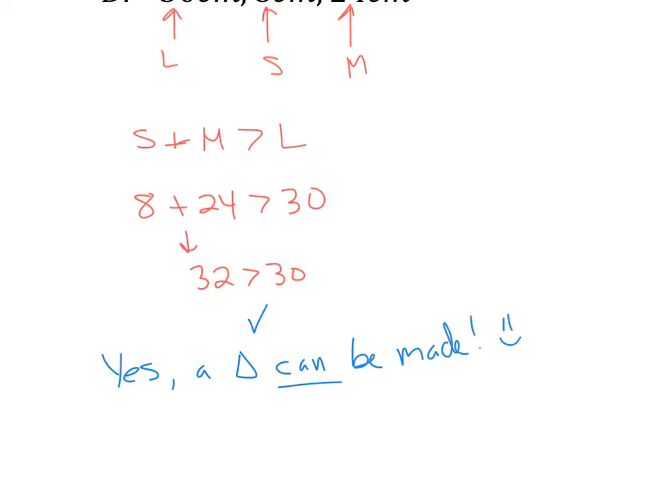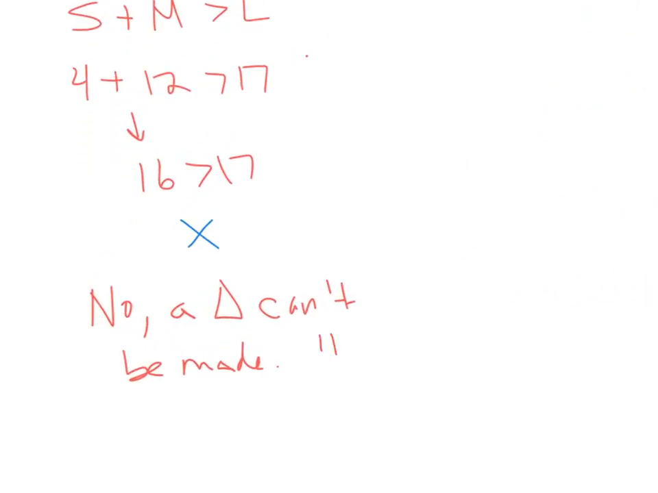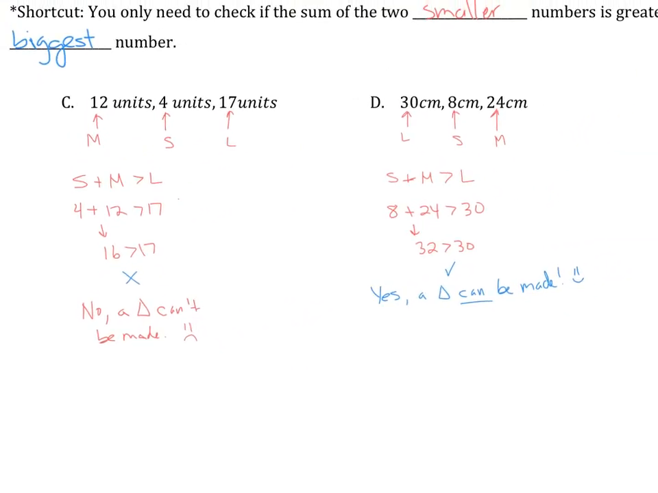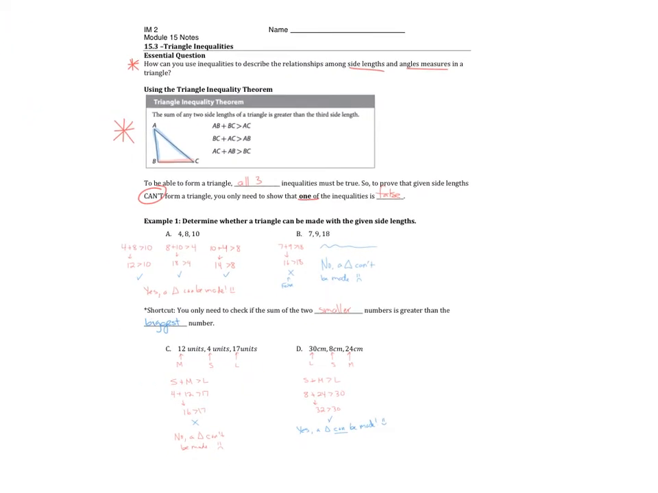I'm going to put a happy face, and I forgot on the first problem to put a sad face, so I'll go back and do that. Okay, but that is using your triangle inequality theorem. Again, the sum of the two smaller sides, your small and your medium side, have to be greater than your third side, your biggest side. So now on the next page,